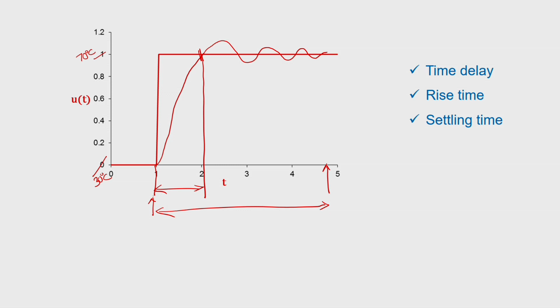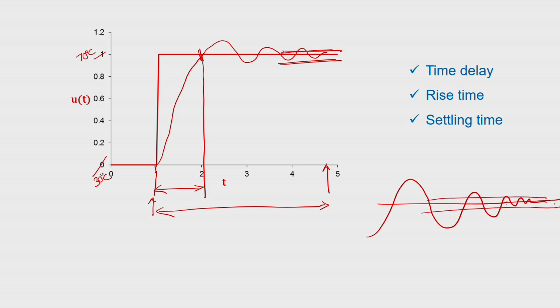So the next concept is settling time. Settling time refers to the time within which the output settles within a particular band around the final value. Suppose this is 70 degrees Celsius, and your output may behave somewhat like this. If we expand this and take a band of, say, plus minus 1 degree Celsius around it, something like one here and another here,